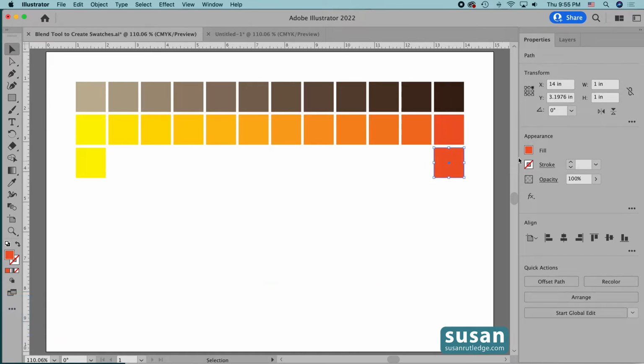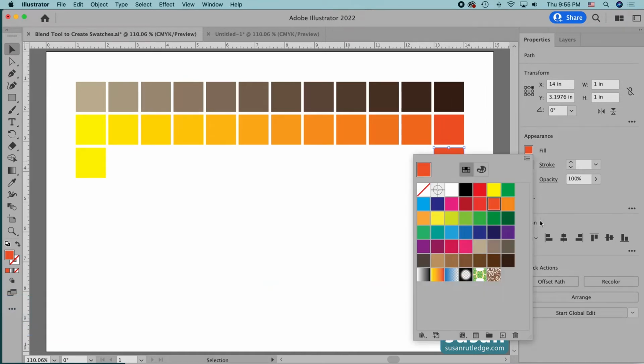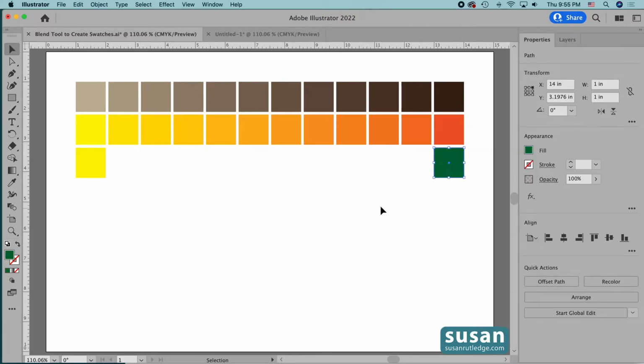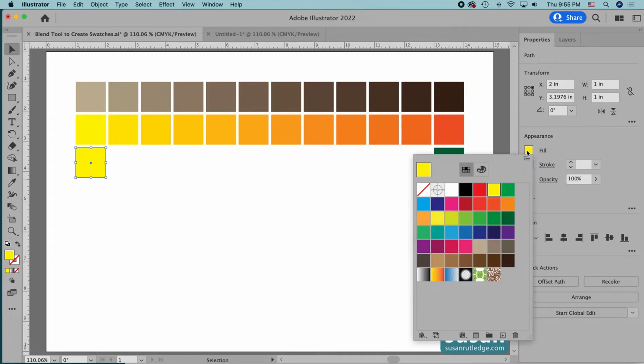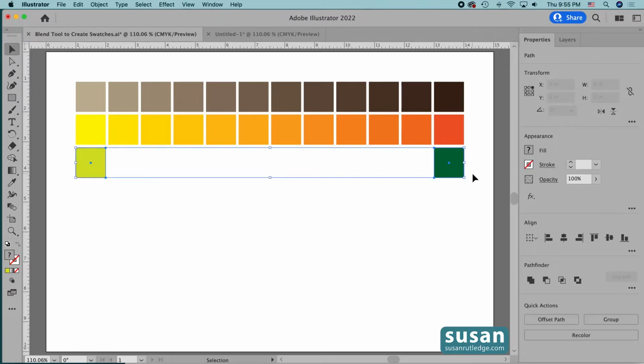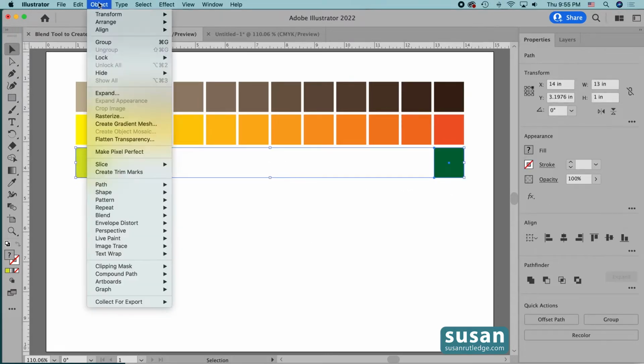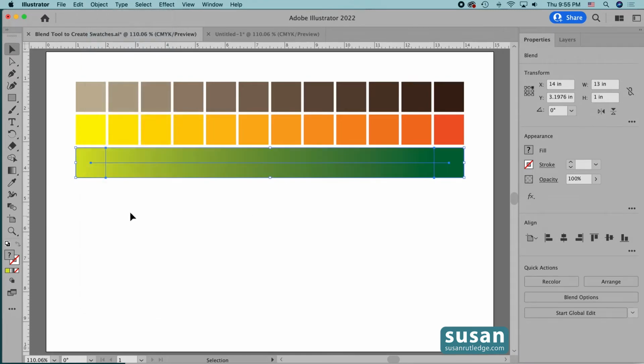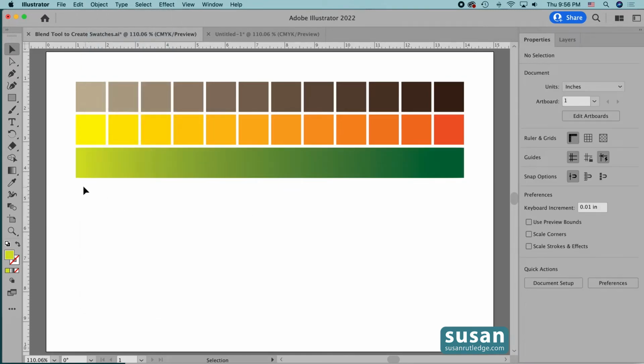Then I'll move over to the color fill icon and I'm going to choose this dark green for the right square, and on the left square I'm going to use a light green. We'll try this one right here. And then I'm going to select both of the squares and I'm going to go up to Object, down to Blend, and choose Make. Now, what we end up with is a blend from light green to dark green,